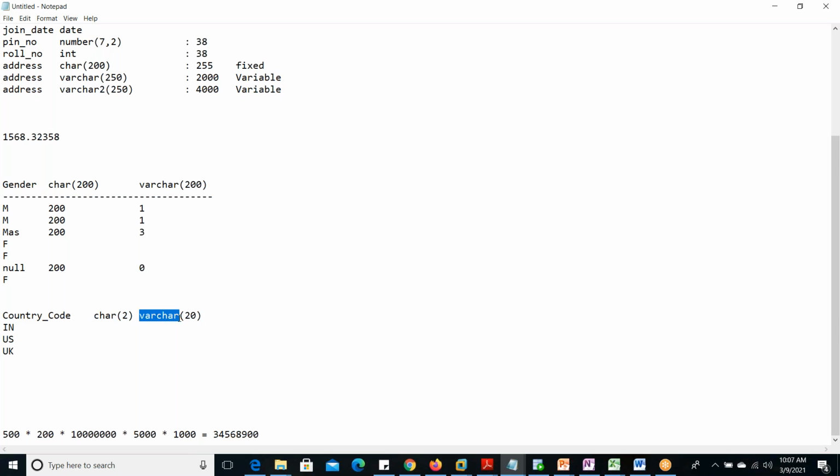In that case, better to go for char, because char is a fixed one and direct it will come here. Varchar is not a fixed one, it is variable. So if you are giving 20, then for each value, first it will assign 20. Then it will calculate, oh, is this varchar or varchar2 or char. Okay, this is varchar, but this is containing only 2. So remove this. So it will do some calculation, some logic, some formula it is using. So if it is calculating, then it is reducing from 20 to 2.